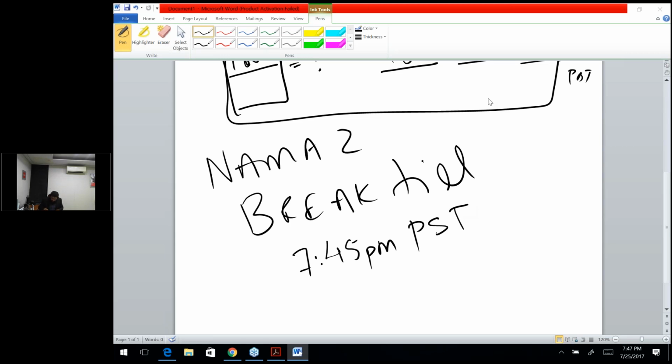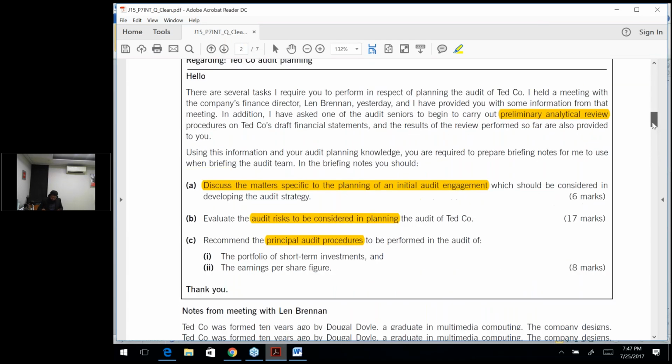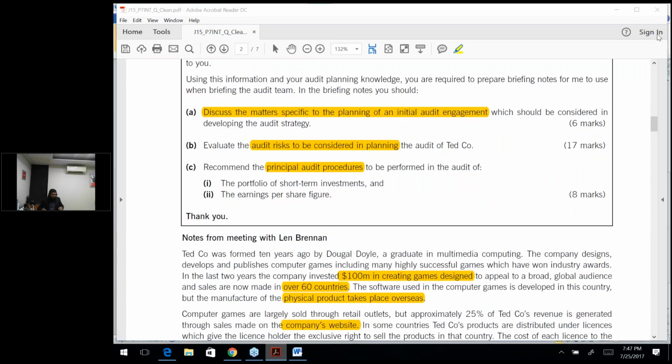I discussed with you yesterday also that when the examiner's question requirement is that you need to recommend the audit procedures, how to actually design the audit procedure. When we talked about the audit procedure, we said that the audit procedures are actually there to test if the audit risk prevails or not. And what is the audit risk? Audit risk is we think what could go wrong, and the audit procedures are actually to check if something has gone wrong.